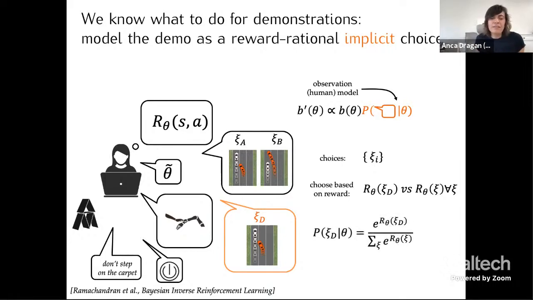And again, people are noisy, so we can account for some noise here. And here we'll usually say the probability is still proportional to the exponent of the reward, but now my normalizer is more interesting because I have to integrate or sum over all your choices, not just A and B, but all the trajectories. Now this is pretty consistent with each other, right? So we have two forms of feedback. We roughly interpret them in the same way as choices, implicit or explicit, with respect to the reward.